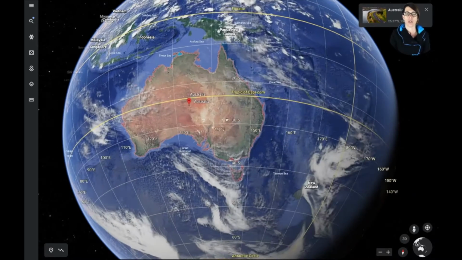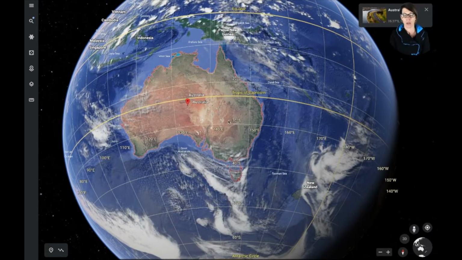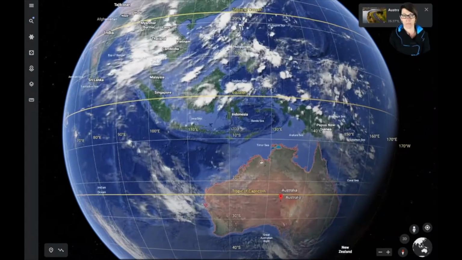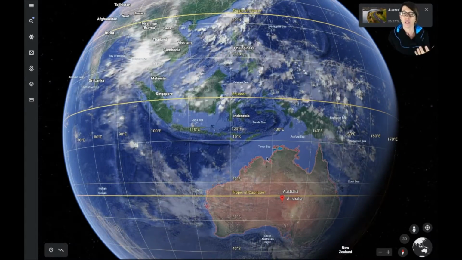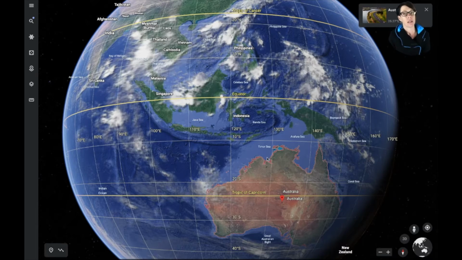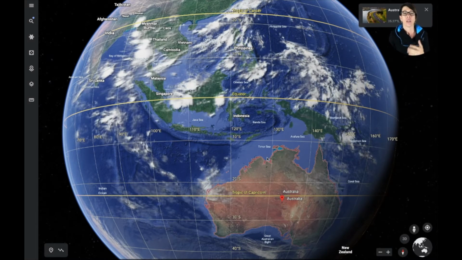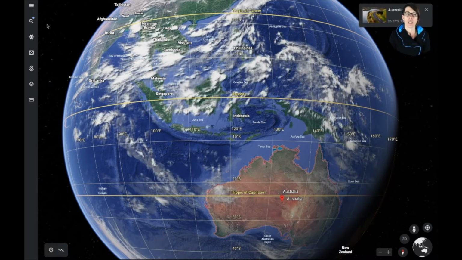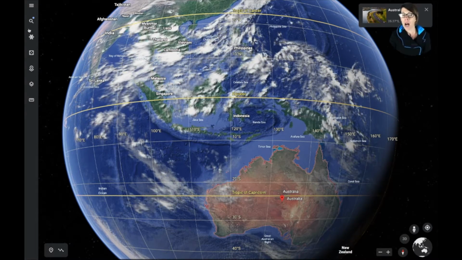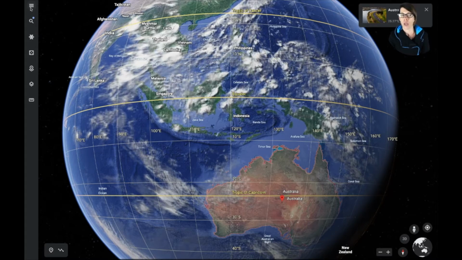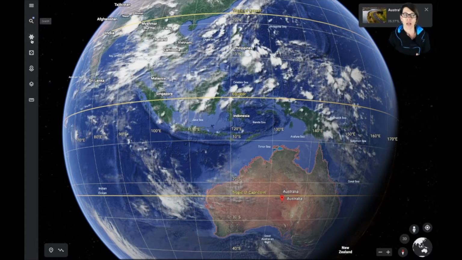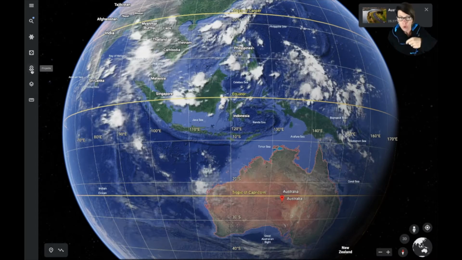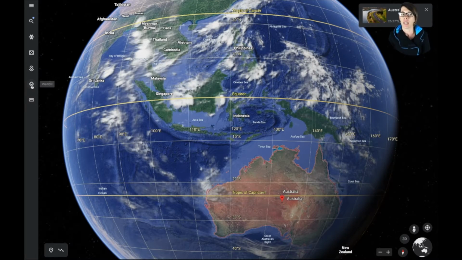Now you can see on the screen, I'm just using my mouse to drag around the Earth to where I want it. You'll also have noticed that on the screen, we have the animated clouds and also the lines of latitude and longitude. Now you can go over to this user-friendly bar on the left-hand side where it's got the burger, the magnifying glass, the steering wheel, the dice, the drop pointer,